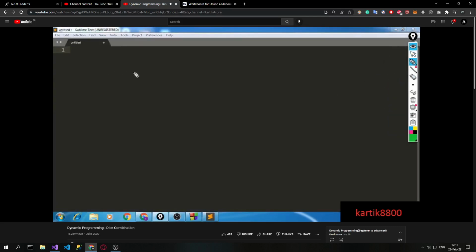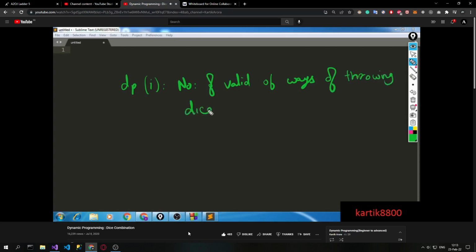Yeah. So we can throw the dice any number of times, and we would like to evaluate the number of valid ways of throwing the dice, right? So I'm going to define dp of I as the number of valid ways in which you can throw the dice such that the numbers you get in each of the throws sum up to I. So number of valid ways of throwing the dice so that the sum equals I,